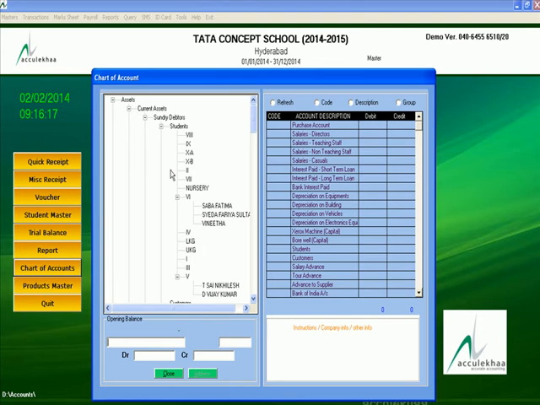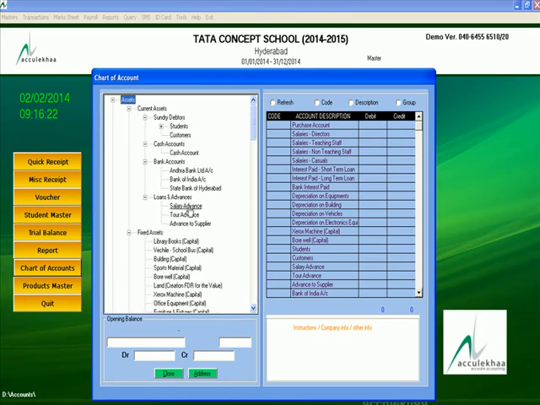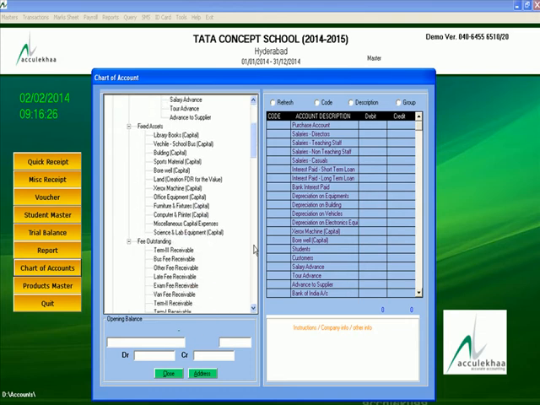In the chart of account, all the heads are going to appear.